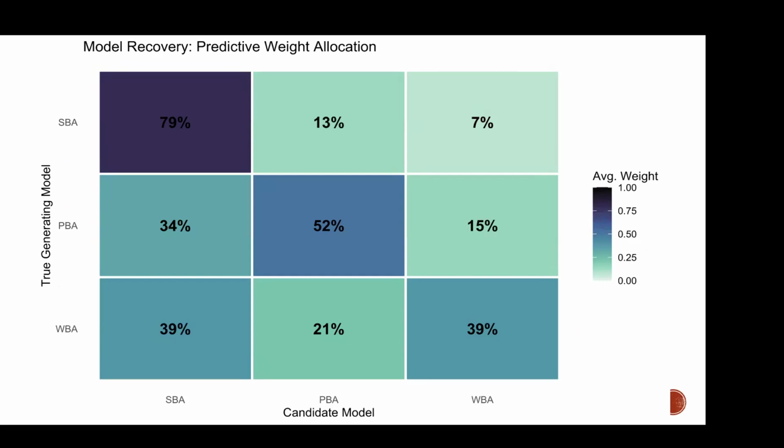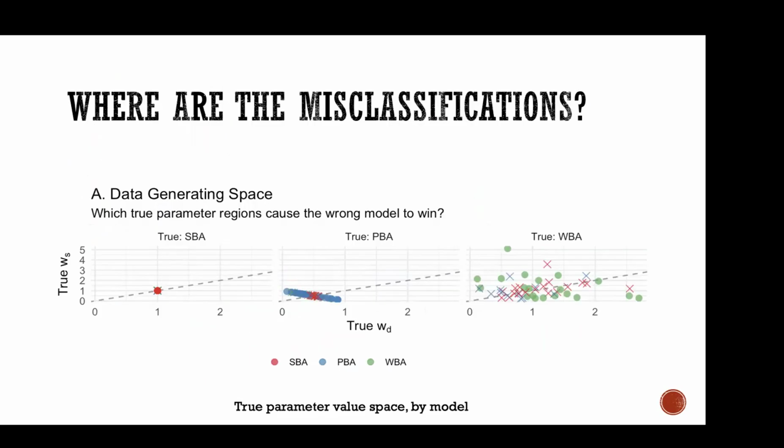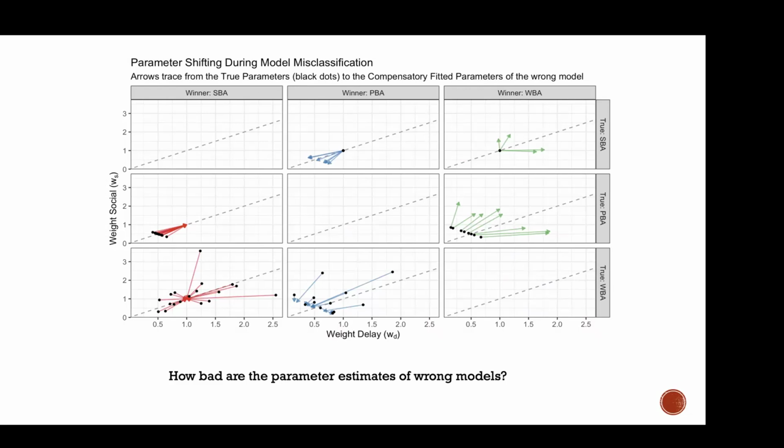And I'm getting very dissatisfied with that because it doesn't tell me enough. And so I've been exploring, thanks to the course, different ways of looking at these issues. So how much can I trust the weights more than just the binary choice? And can I actually look at the parameter values and see something there? And I think I can see something, but I think it's still in the work.